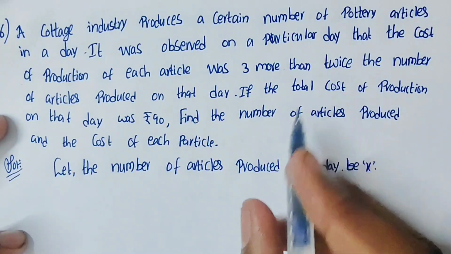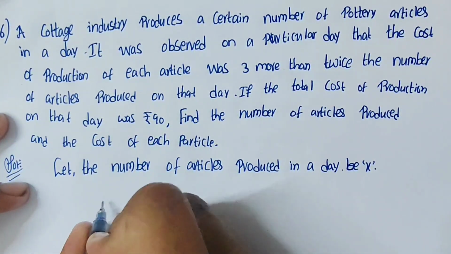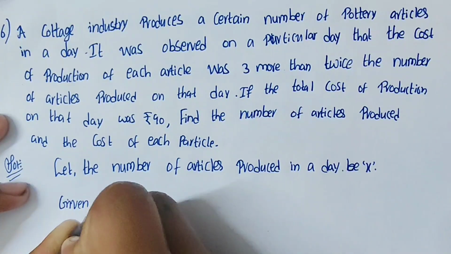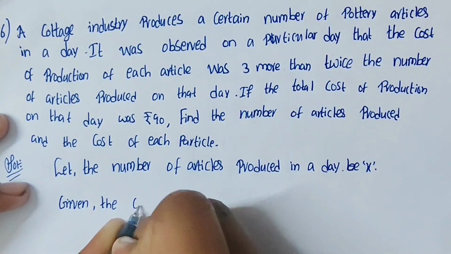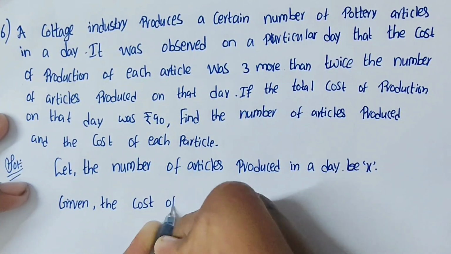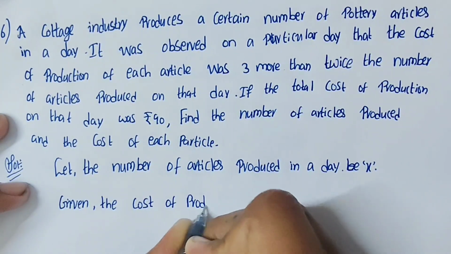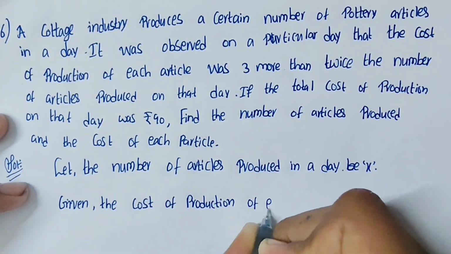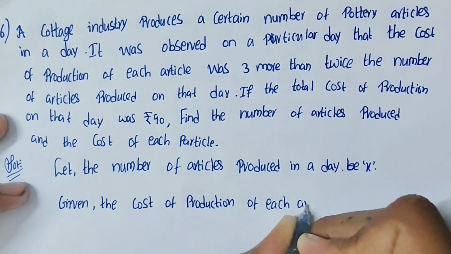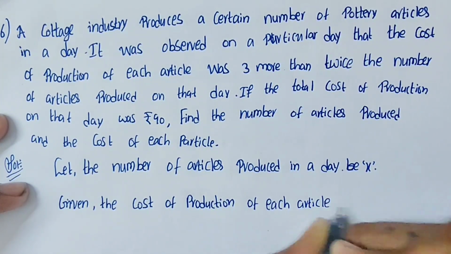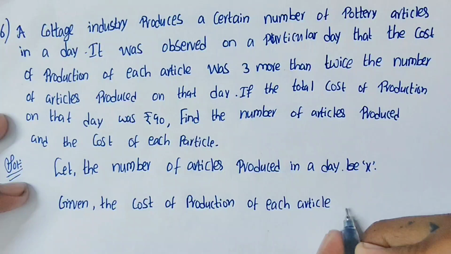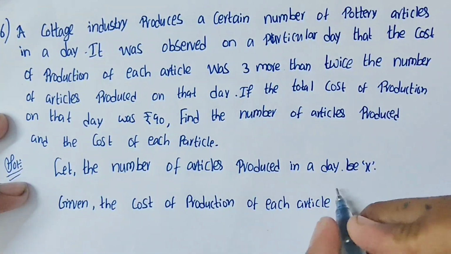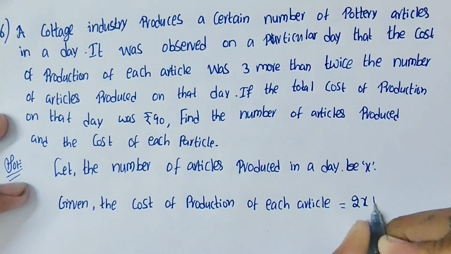So the cost of production of each article equals 3 more than twice the number of articles, meaning 2x plus